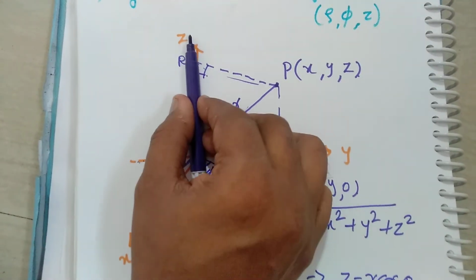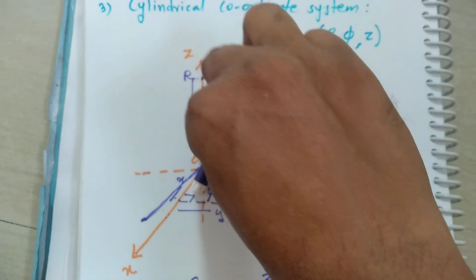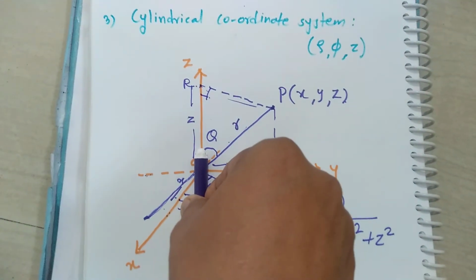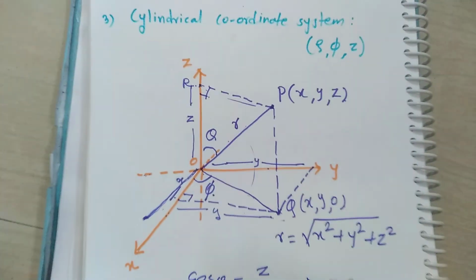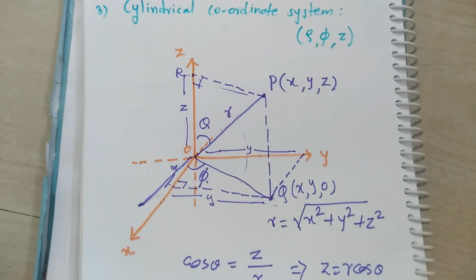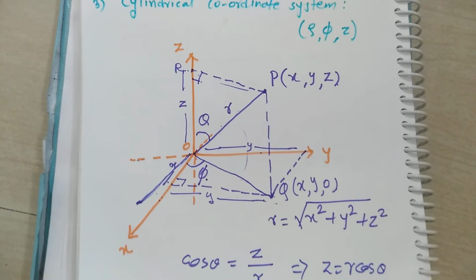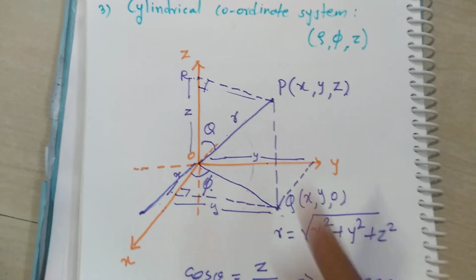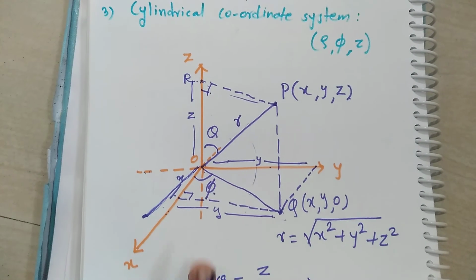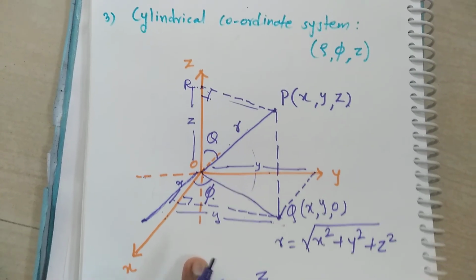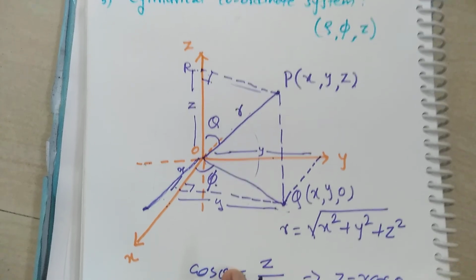But the vertical rotation goes only from 0 to 180 degrees. You have to understand that angle theta, which is the angle made by the vector with the positive z axis, takes a maximum value of pi. It will not exceed pi as we are in 3 dimensions. Okay, so we'll stop here.